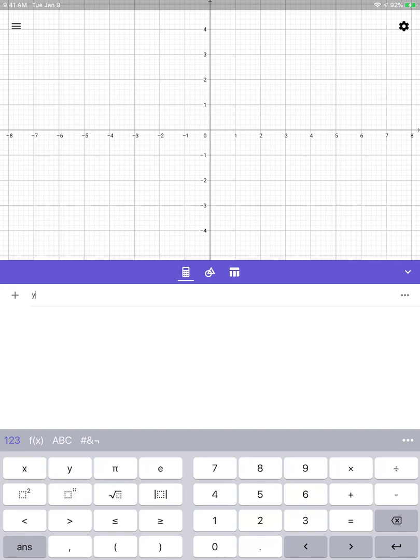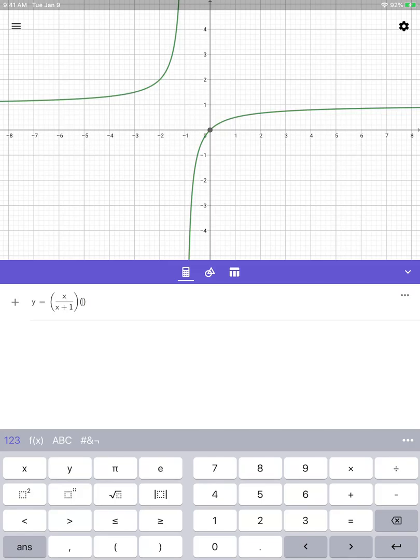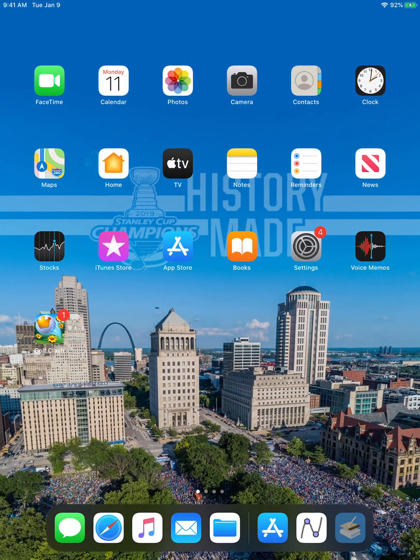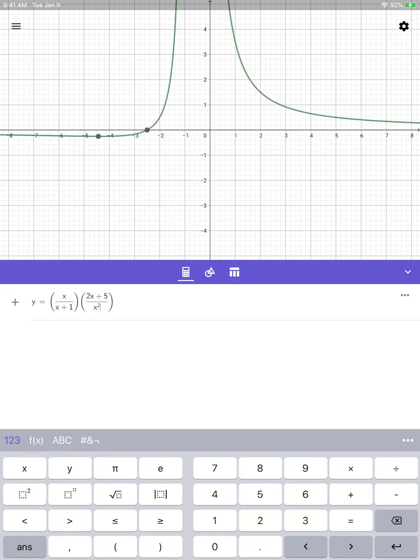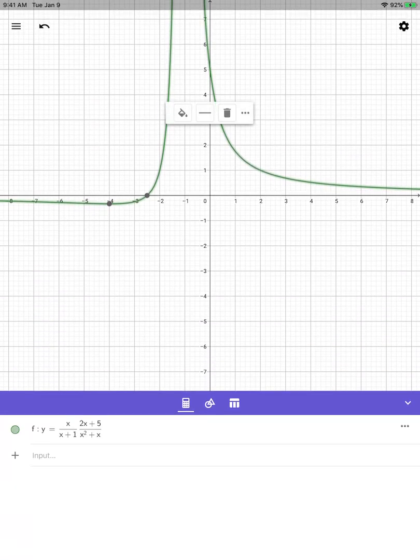So y equals x divided by x plus 1, times, and I already forgot what, 2x plus 5 over x squared plus x. And if I click and hopefully click and drag on this, well,